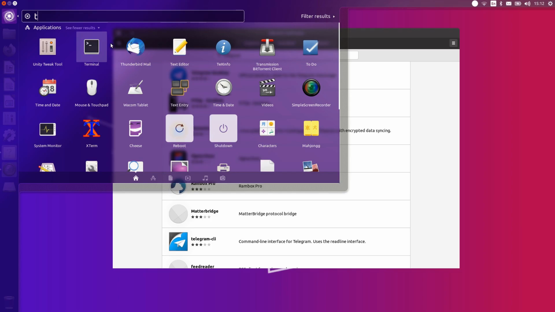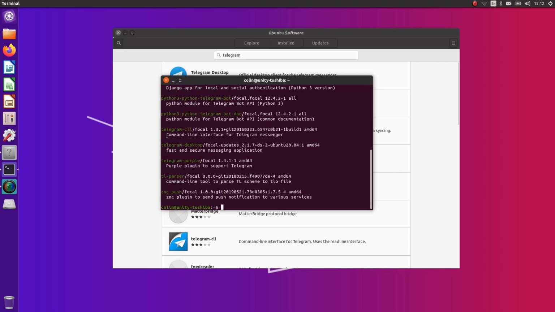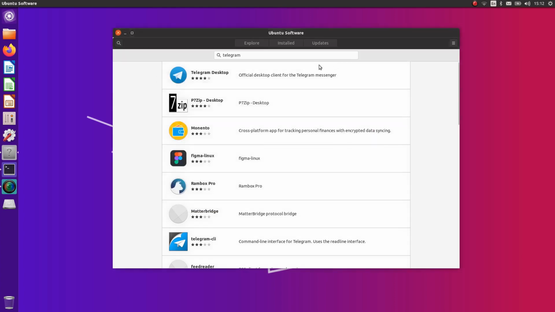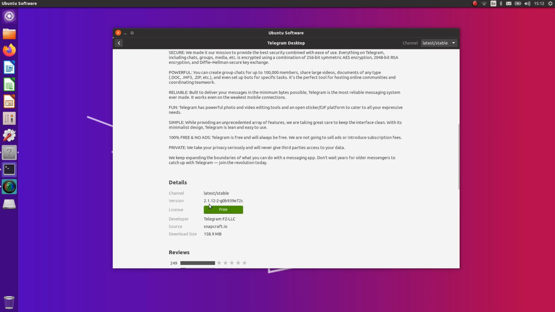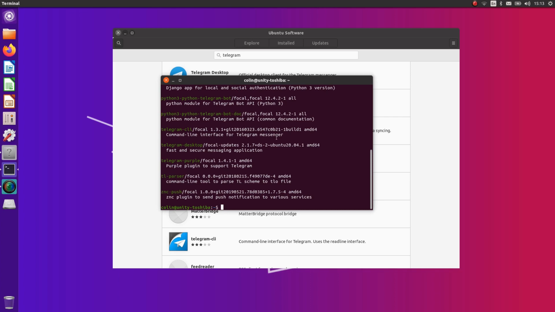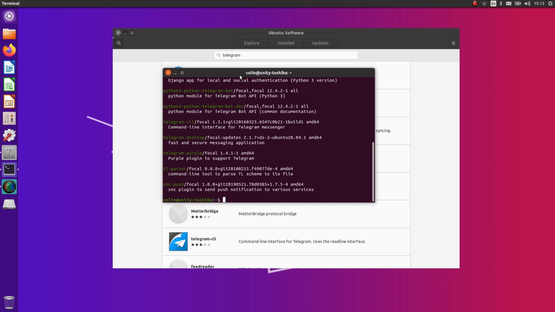Terminal. Let's see. Apt search Telegram. Telegram-desktop, 2.1.7. What's this one here? That's 2.1.7 and this one's 2.1.12, slightly ahead. We definitely need the terminal if we want to install apps from the Ubuntu repositories, or we could